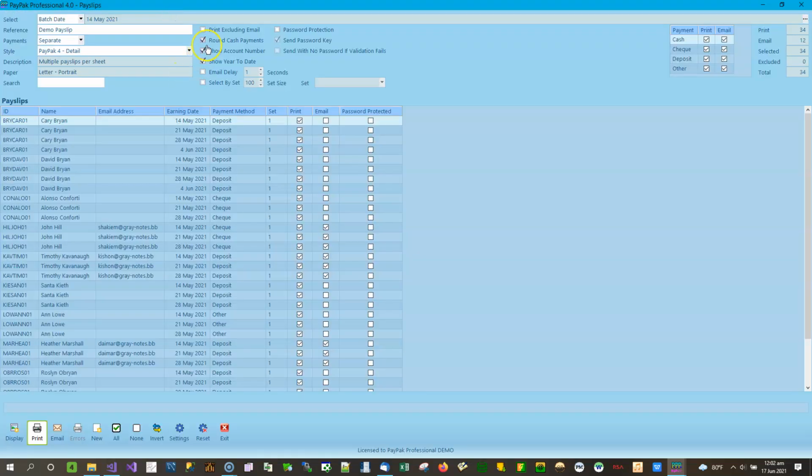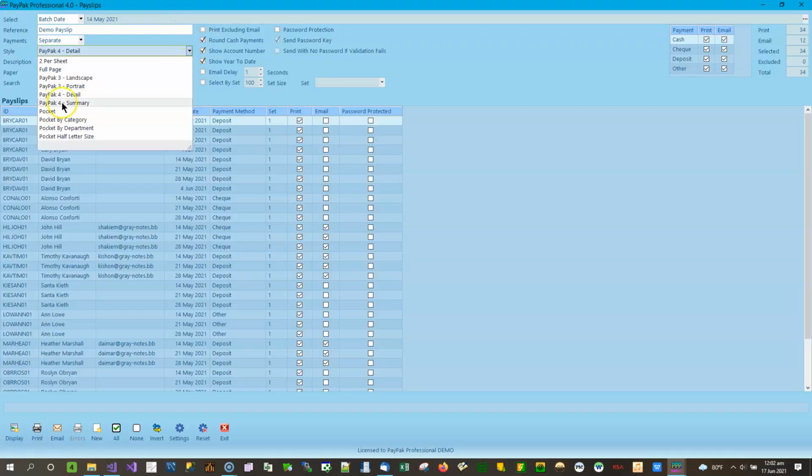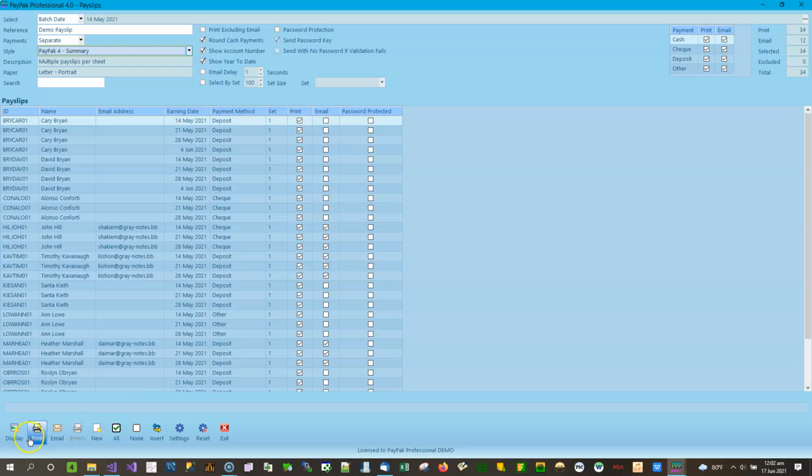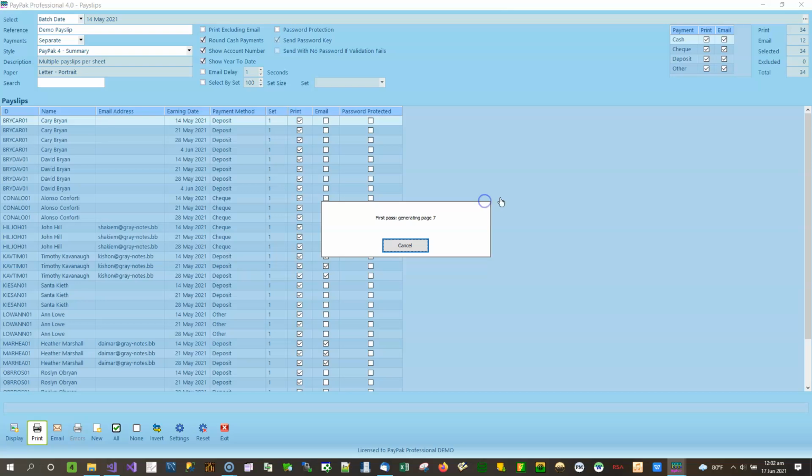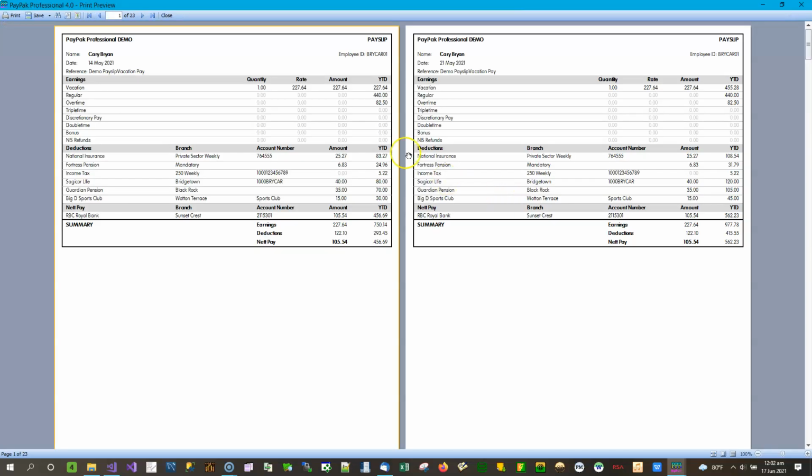So let's go to the other PayPak 4 style, which is the PayPak 4 summary, and we'll print that and preview. This is a bit more condensed than the PayPak 4 detail. It's only 23 pages now, because it will do this: if you have a person who's paid for the same pay rate and they're paid $5 in one case and $6 in another case per